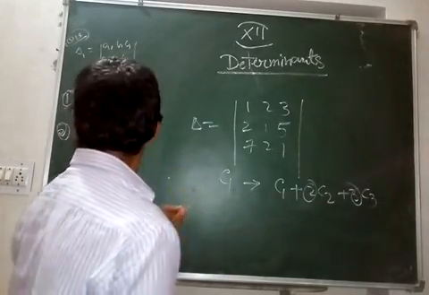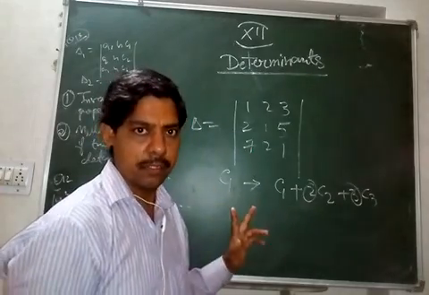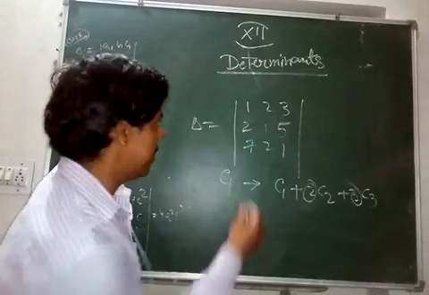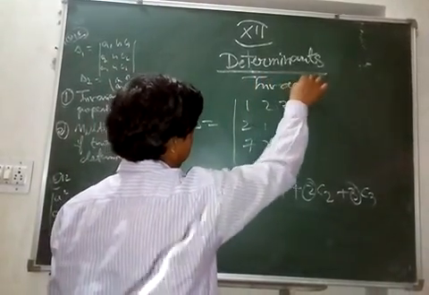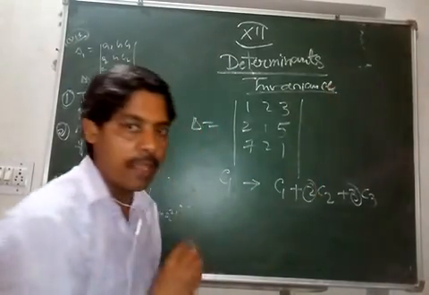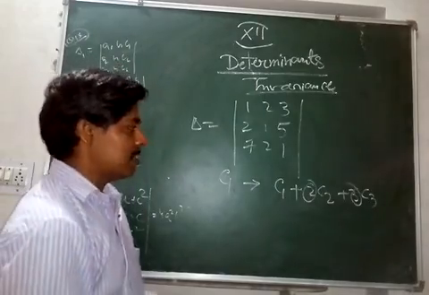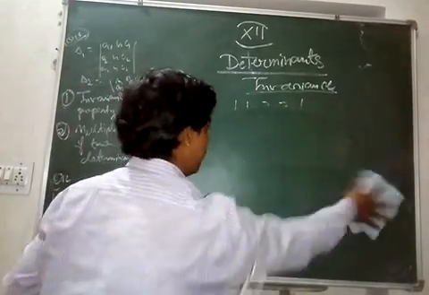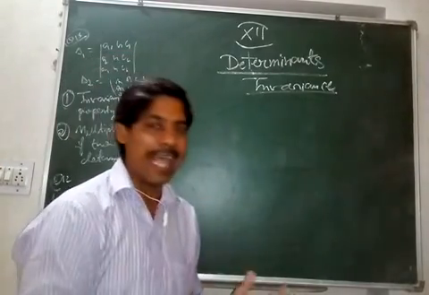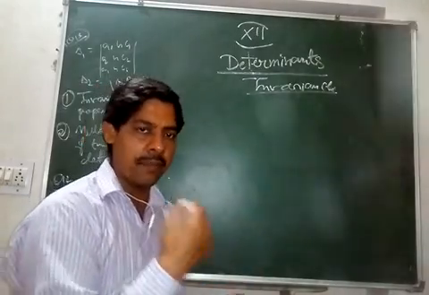The important point is that the value of the determinant does not change. The value of the determinant remains the same if you do such an operation. This is called the property of invariance. We are looking at the property of invariance, where the value of the determinant does not change if you perform such an operation. I have already given you an example. This kind of operation really helps you. When you are trying to evaluate a determinant, the most important part is to get as many zeros as possible, because zeros help us to evaluate the determinant easily.